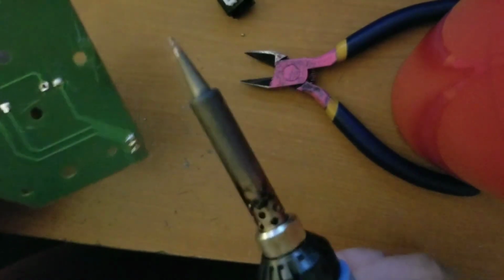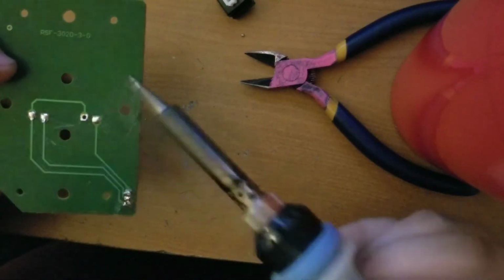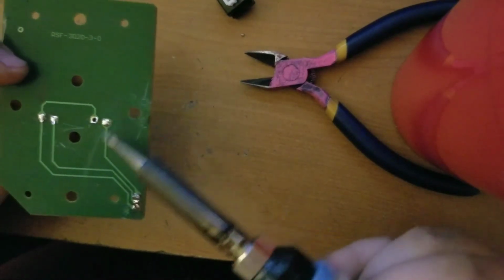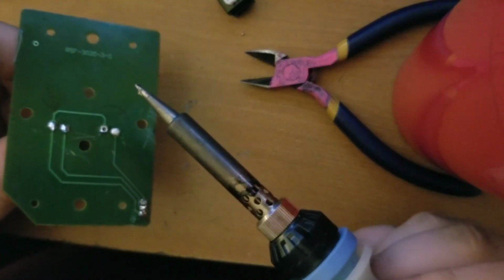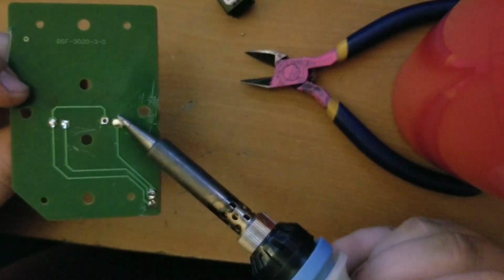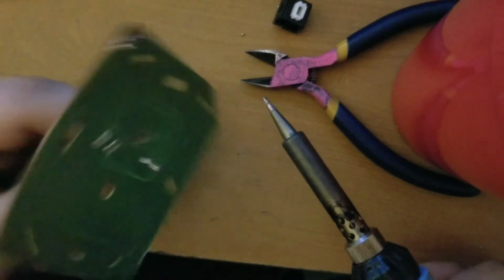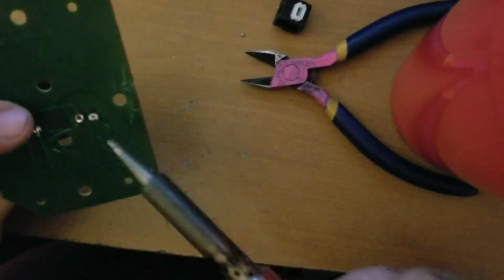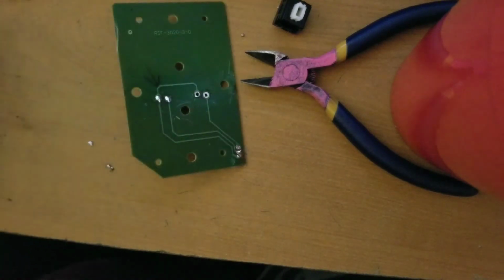Now what you're going to have to do, because you don't have a solder sucker, you want to kind of wipe away that solder, and you'll see it doesn't wipe away from that hole. So this is my method. Proceed with caution, please, because it really does work, but it's just not the best method. Heat it up for a few seconds, and then slam it down. You'll see that the hole is now opened up, and the solder is out of the way, at least to the point where I can open up the hole myself. So we'll wipe down